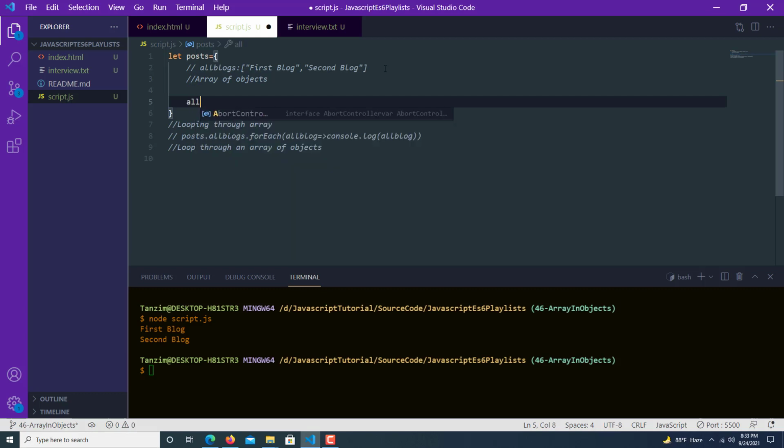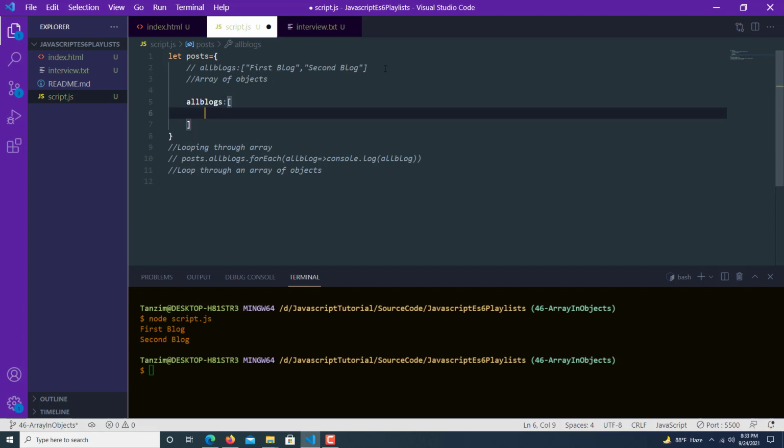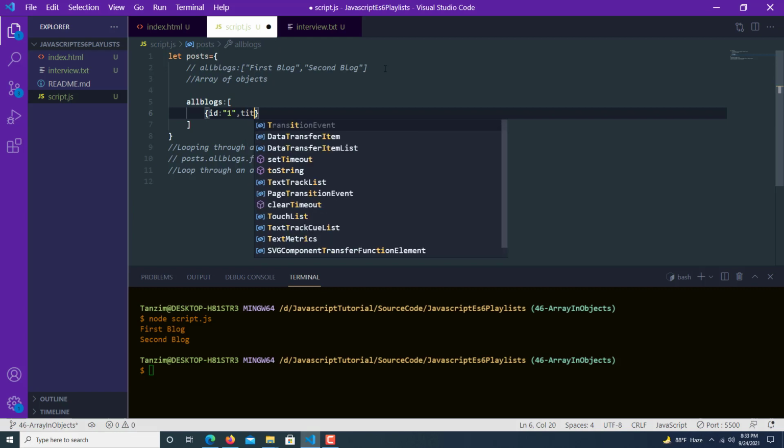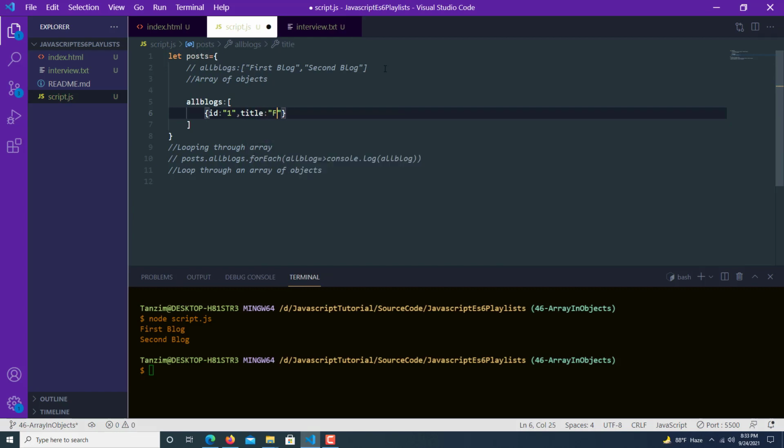Array of objects, all logs, and let's give this an array, and ID, suppose 1, and title is first blog post, then the description is first blog description. Okay, now if I copy and paste this,